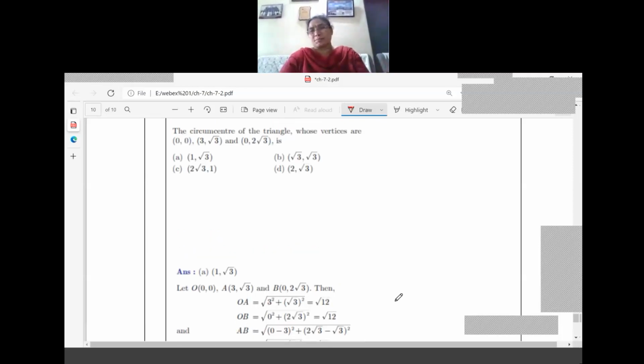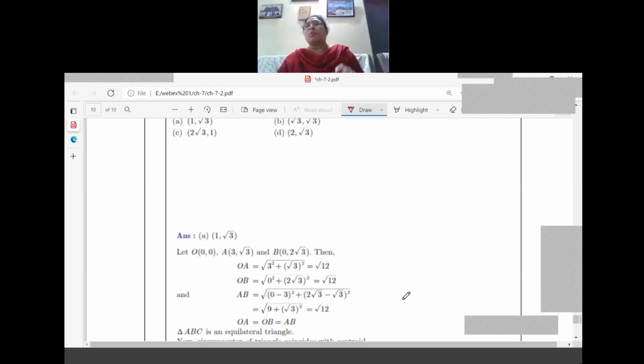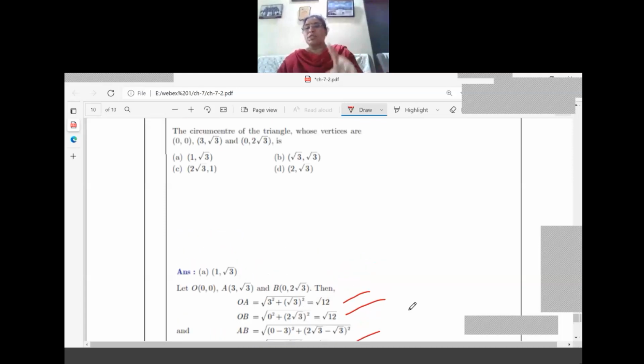Wait. It should be an equilateral triangle first. Understood? It should be an equilateral triangle, which means the distance formula should be applied and all three side lengths calculated. It will take time, I know, but if it is given, this question will be easy for you, because in an equilateral triangle the centroid, circumcenter, orthocenter, whatever it is, is a common point only. So do you have the centroid formula? Yes, so the circumcenter is also the same for an equilateral triangle, with the same formula.